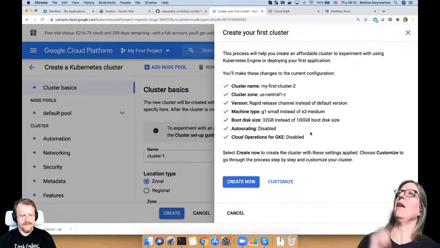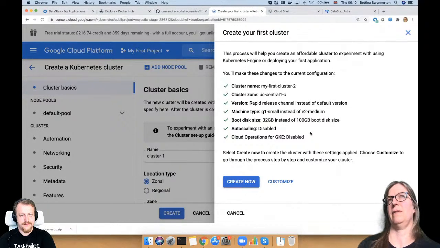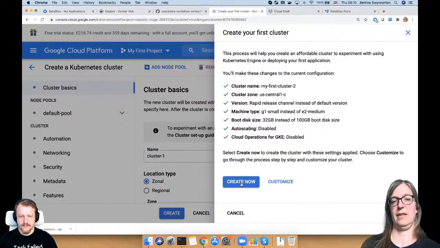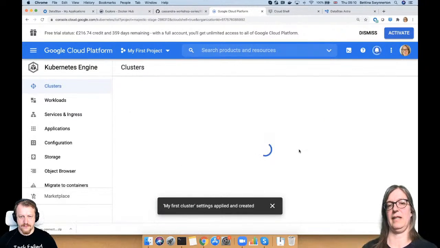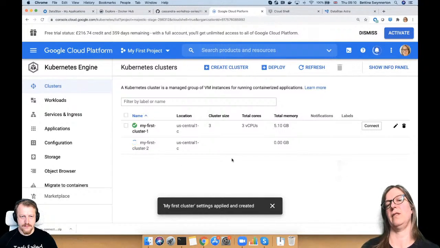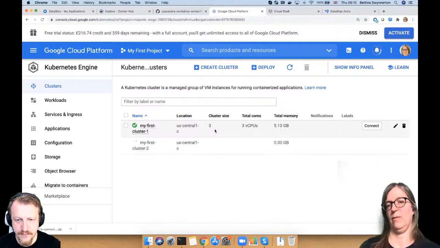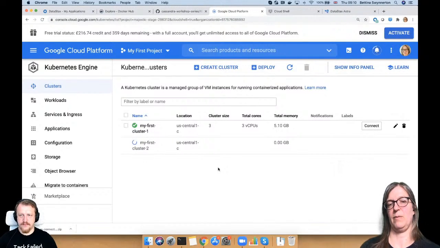However, if you want to run the Cassandra operator and deploy a Cassandra cluster, then go with the default cluster that uses the E2 medium machines, right? Because the very small one won't be strong enough for that, okay? And then you would click on create now. Actually, I can just show you what happens if I create this, because it's creating a second one now, but we will continue using this one in order to skip this. But this is what happens.